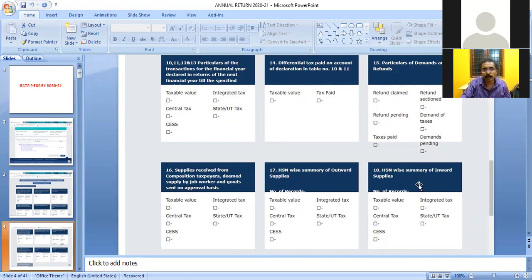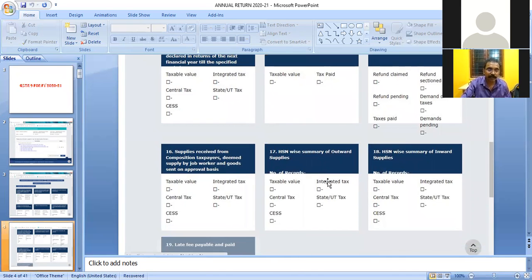It has been made optional because the taxpayers who are dealing with a lot of goods would have to declare HSN and summary also for outward supplies and inward supplies. This is a very difficult task, so it has been made optional. If you want to fill the details, you can fill. Otherwise, you can skip these two fields.